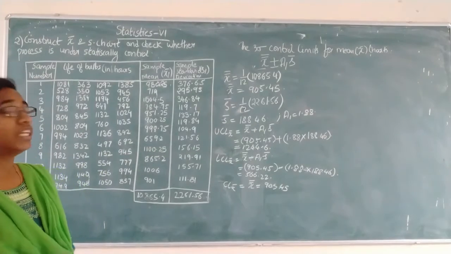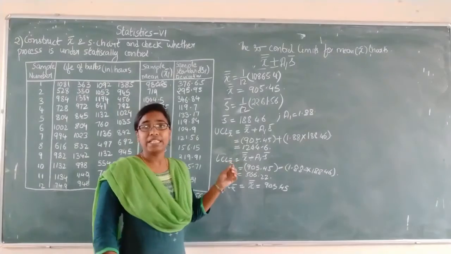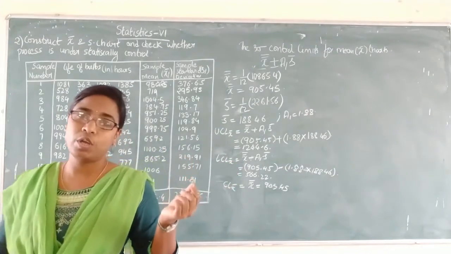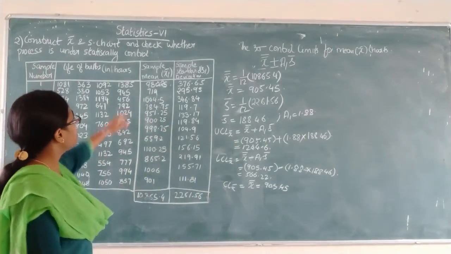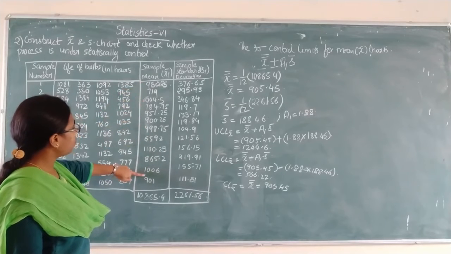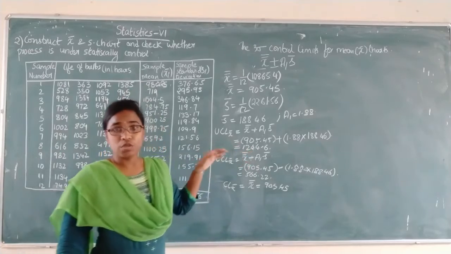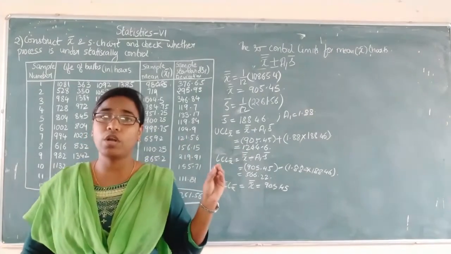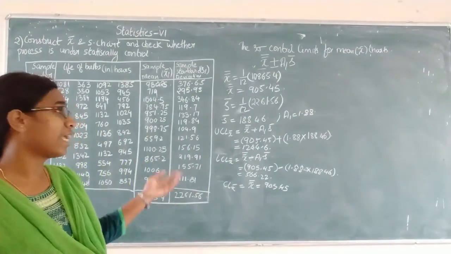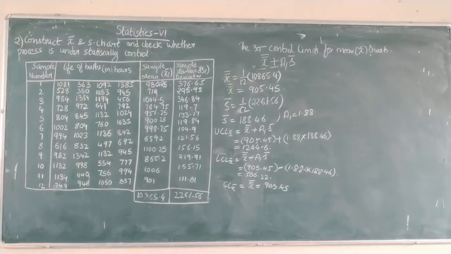Now construct the chart for the mean chart. On the x-axis you will be taking the sample number, 12 samples. And on the y-axis, see the values. You have all the big values, right? You have up to 1006 also. And you have to check the UCL also, you have 1244. So on your y-axis, your value should be at least 1250 or 1300. If you take the scale as 100 on the y-axis, then it will be easy for you. Now we will draw the chart for the x-bar chart.